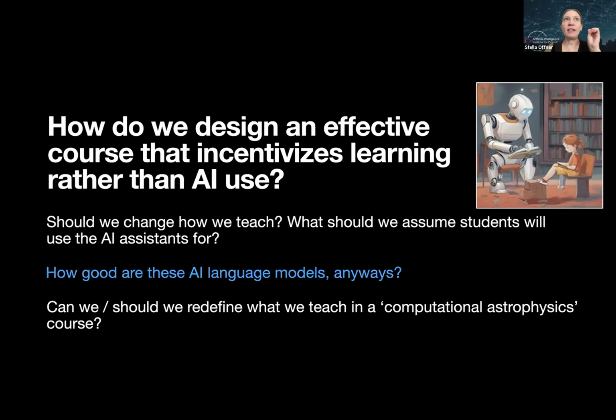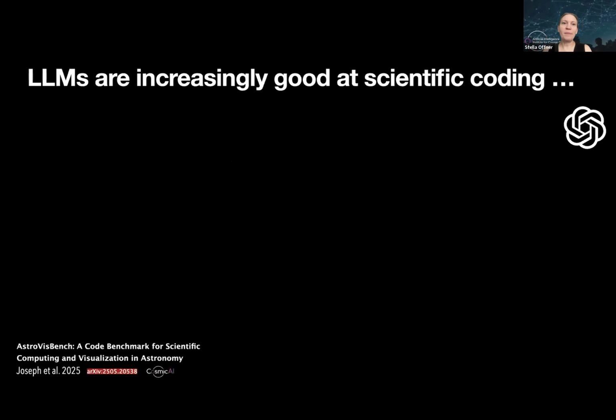And this is a question that we've been very interested in at Cosmic AI, this NSF Simons AI Institute for Cosmic Origins. We have a group that's working on using AI models for astronomical research and building out co-pilots that can be effective. So in a sense, we don't want to replace astronomers, but we want to make these AIs more accurate and more efficient. But this is really tied up in the learning process because we don't want people to use these models simply to avoid learning the fundamentals. But let's start here. How good are these models?